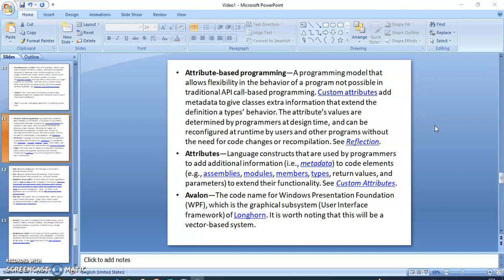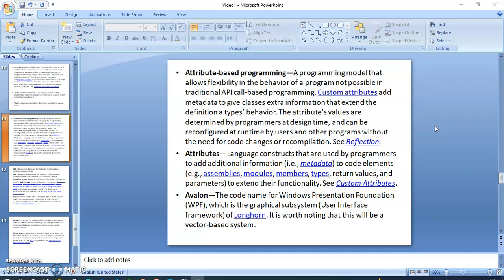The attribute values are determined by programmers at design time and can be reconfigured at runtime by users and other programs without the need for code changes or recompilation. All of these things we will see in reflection.